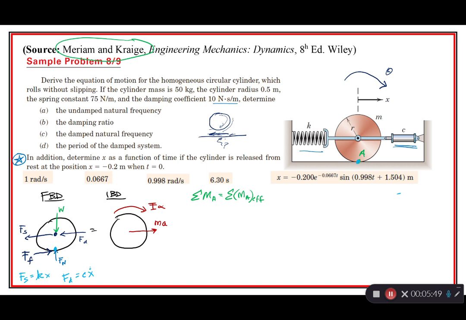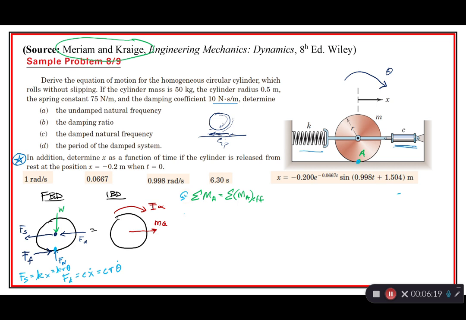Do we want to turn it into theta? I decided to do everything in theta, which is different from what the book did, okay? So don't be mad at me for doing something different. I decided that we're going to go c times r times theta dot, and this is going to be k times r times theta. So when we go up to here to write it into there,